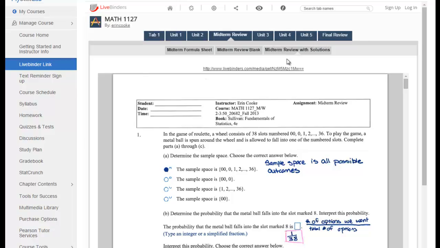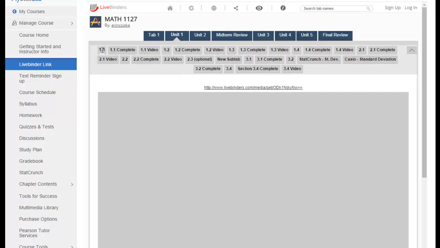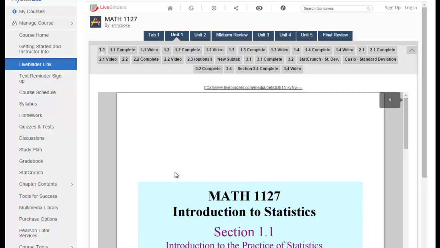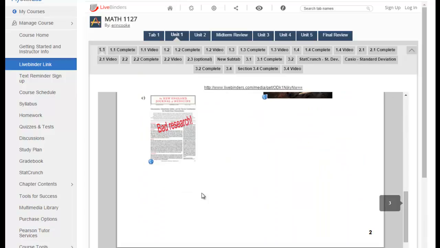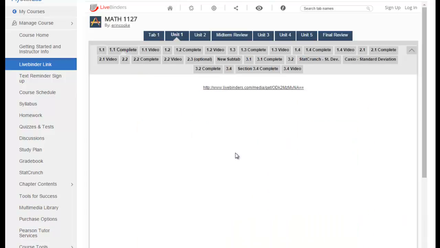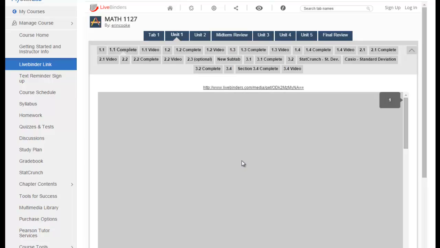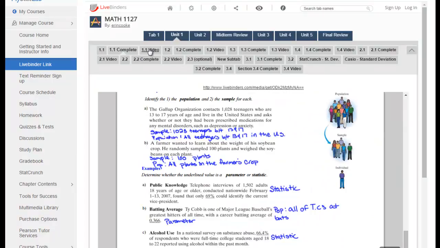So there's those resources there to help you. And again, notes and videos. So for instance, for Section 1.1, these are going to be your blank notes, so you can scroll through and see those. So if you were to take a face-to-face course, these are the notes that you would have access to. There'll be the completed notes, so same idea, but with the answers, and then a video,